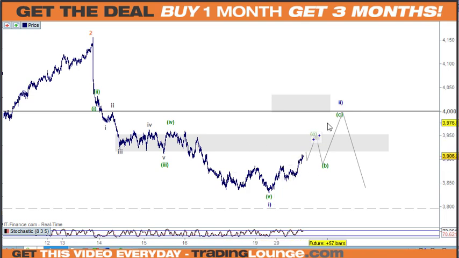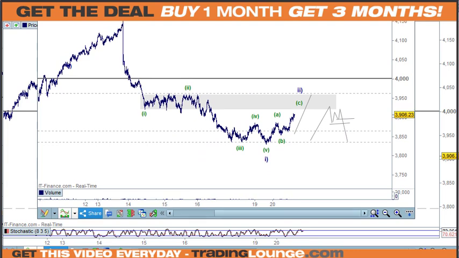So it's possible, I'm just saying it's possible, plausible, probably not probable, that we'll be up here for that. But we could count this down as 1 and 2 here, and 3, 4 and 5 here. There's a different way to count that down. You can have wave 3 over here. This is not the ETF or anything, but this is just another way of looking at all of this as 1, 2, 3, 4, 5. That's another way to count it down, and it fits okay at that point.